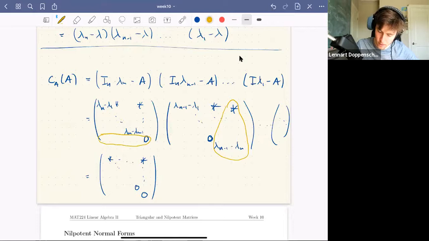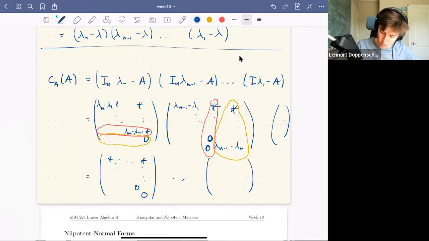And same when you multiply, there's another 0 here. When you multiply the second last column of this matrix with the second last row in this matrix, then this will be 0. And so you get two zeros now on the diagonal. And then if you keep going with all the other matrices in total,